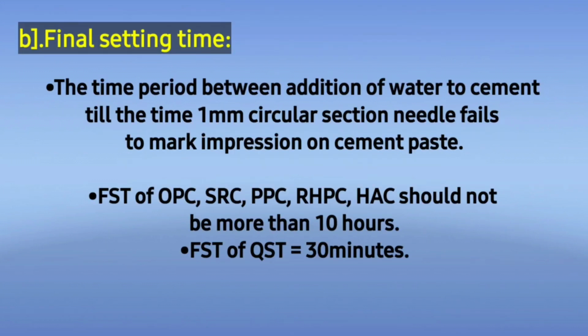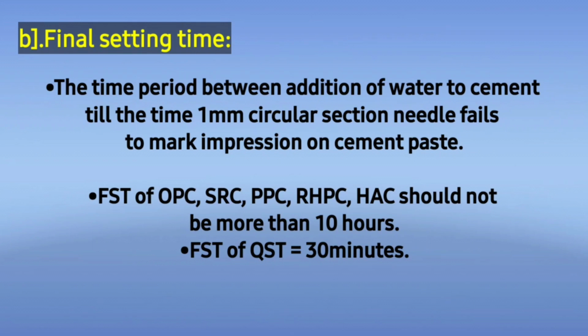अब फाइनल सेटिंग टाइम सीमेंट की बात करें तो इसमें सिर्फ नीडल को रिप्लेस किया जाता है और एक नीडल का यूज़ किया जाता है जो सर्कुलर क्रॉस सेक्शन की होती है, जो 0.5 mm प्रोजेक्टेड होती है और 1 mm डायमीटर की होती है। उस नीडल को सीमेंट पेस्ट पे फॉल करा जाता है टाइम के साथ, और जिस टाइम पे वो नीडल सीमेंट पेस्ट पे कोई भी इंप्रेशन मार्क ना कर सके